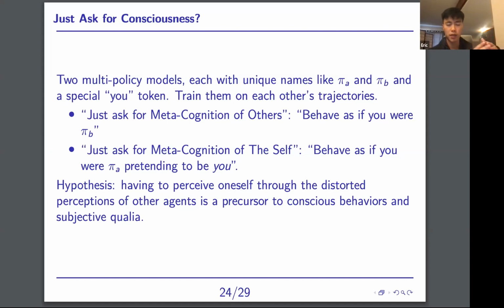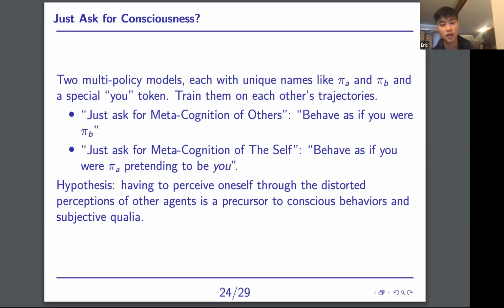So if your policy is able to model many different agents, also it's interacting with the world, it understands how other agents think in some sense. And then at test time, you can just ask it to behave like any other agent, and if it's able to do this, then it demonstrates that it can perform some sort of metacognition ability. So now we attach a special token like "you" and say, behave as yourself. And there's some sort of stereotypical behavior here that is not like the other agents. So then now if you have two such models, maybe you could ask a model to behave as another model